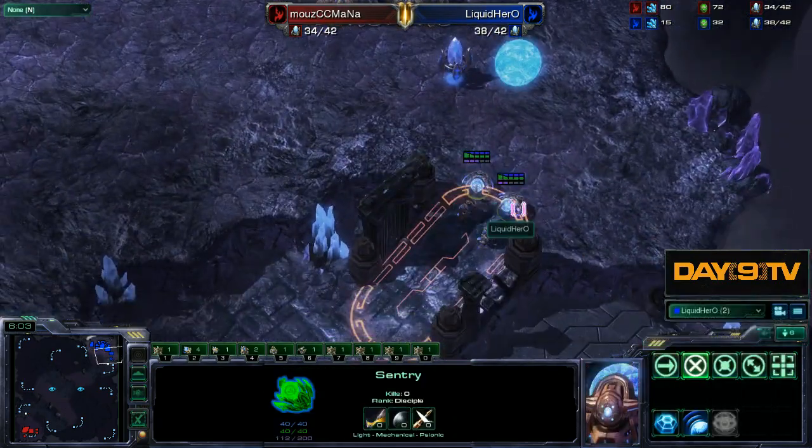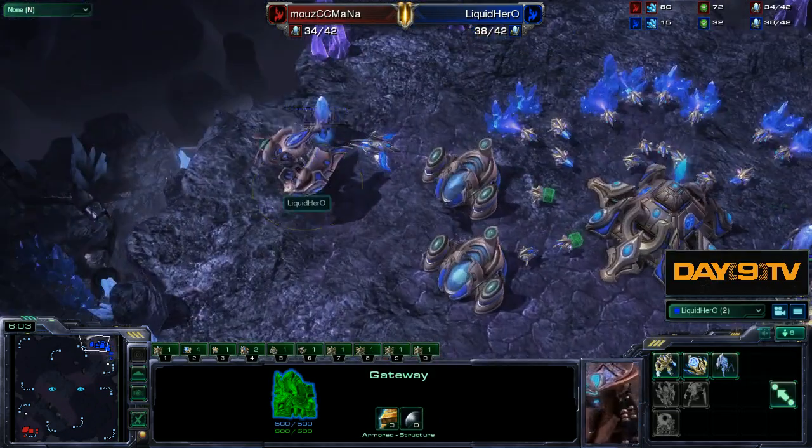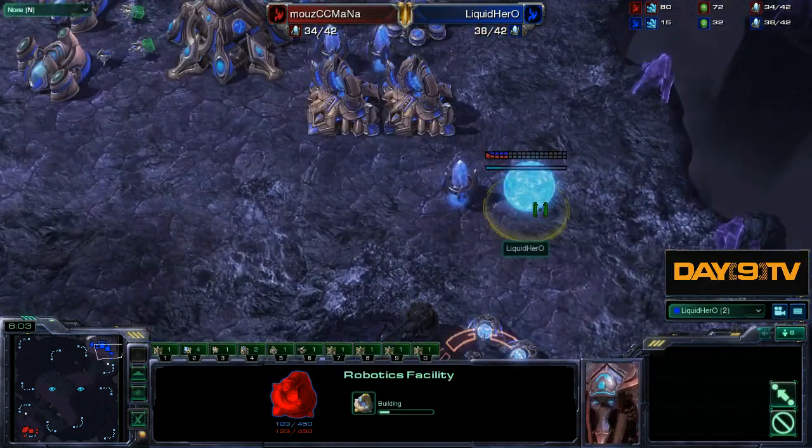Not overbuilding defense. You can really get away with 2 Sentries, 2 Zealots placed just like this. The important thing is that a little before 6 minutes, you do have the ability...